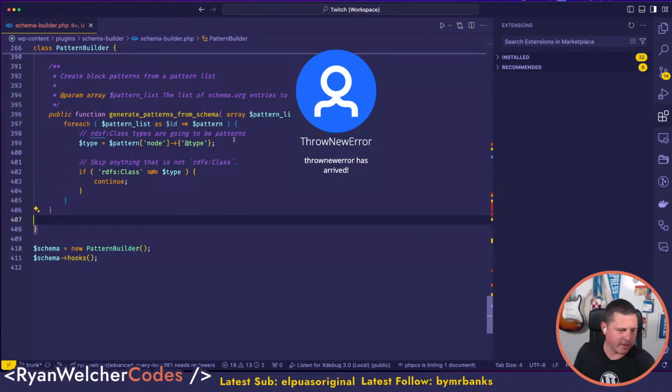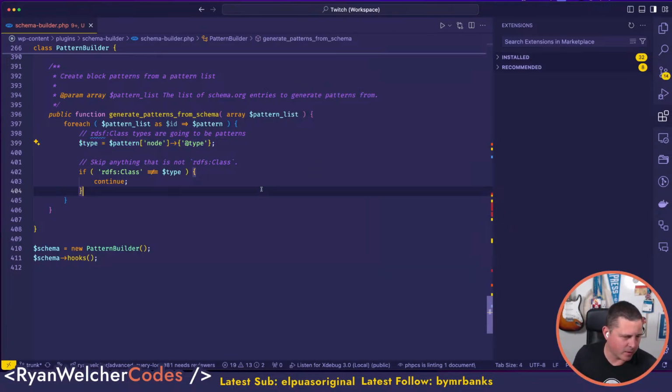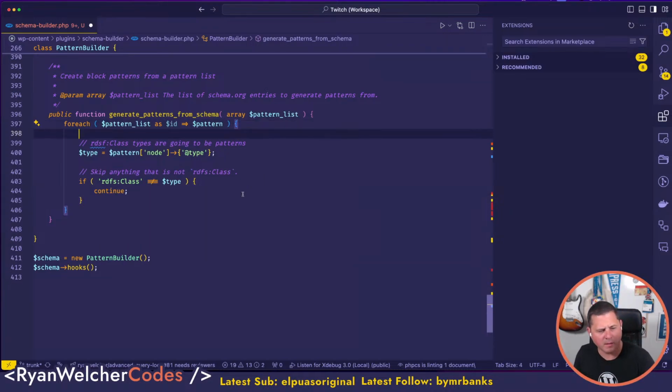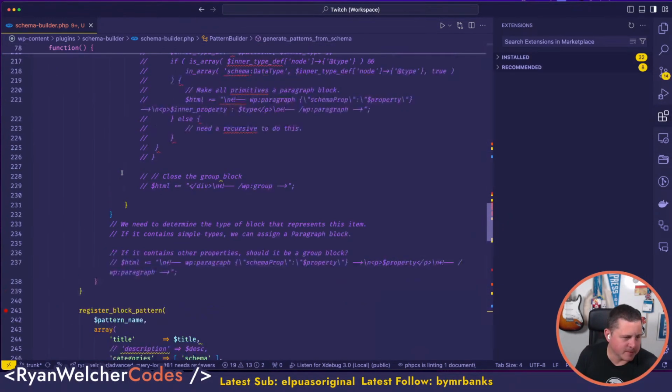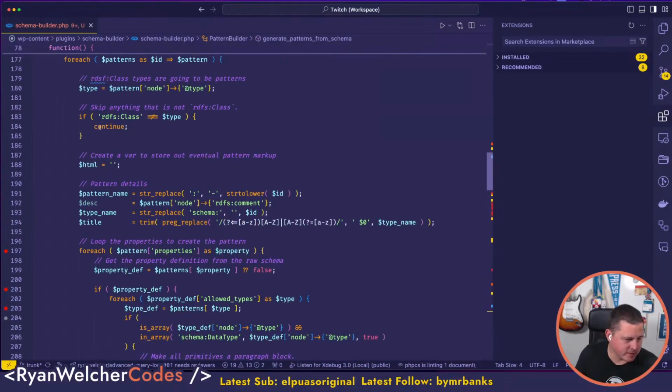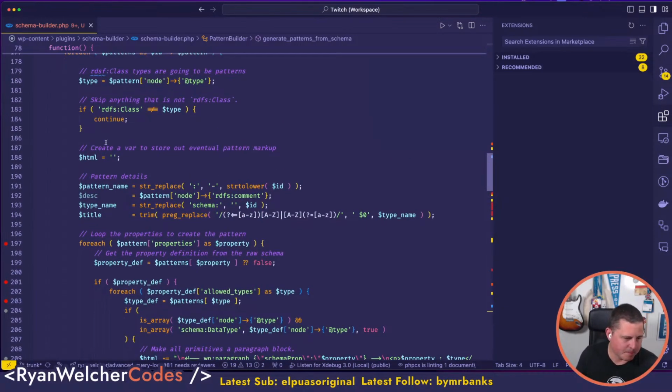Okay, so again, this is the type that we want, and then we want to skip the classes, or anything that's not classes. I think that's what we want to do. I'm just wondering if this should be inclusive or exclusive. I feel like it should be exclusive. It should just continue through. I don't want to mess with anything that's not that. So then if it is, what we need to do here is